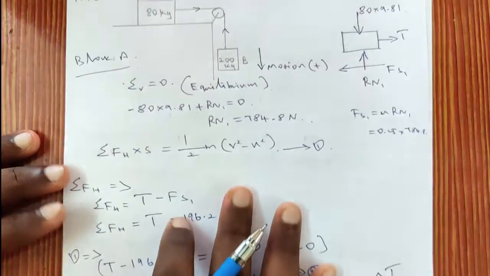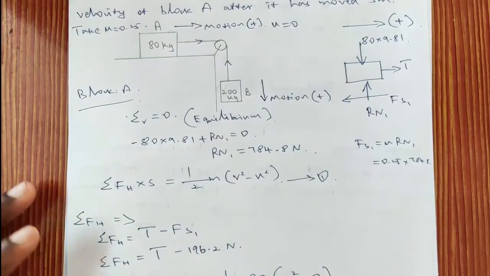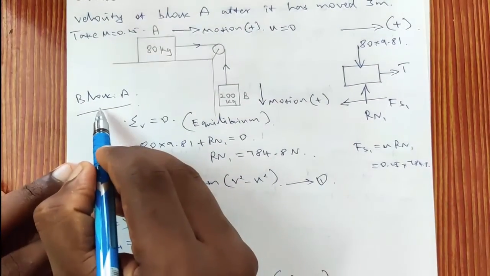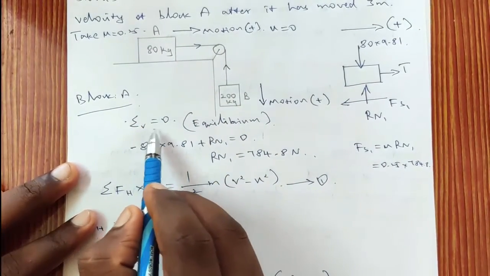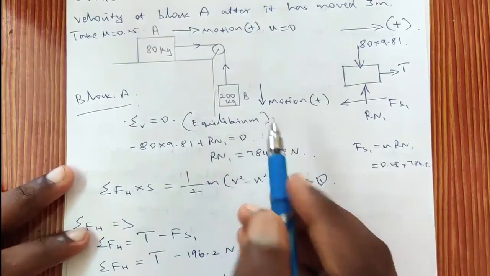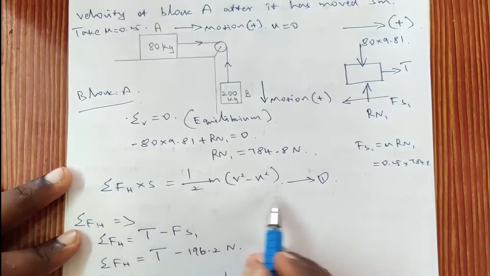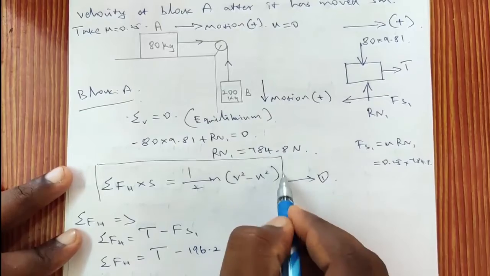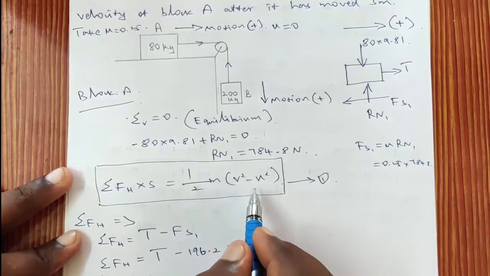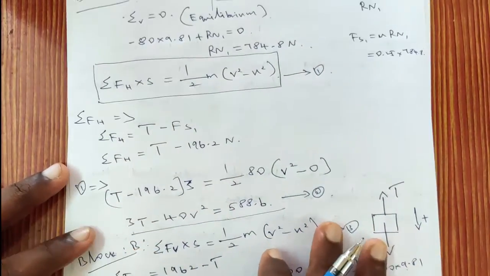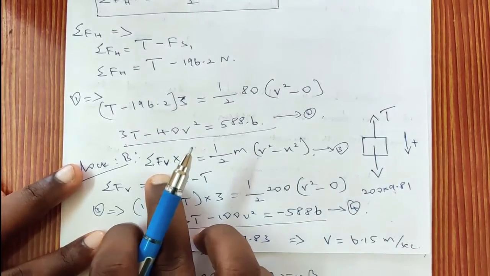The important point about this problem is, if the body is moving, then the body is not under equilibrium state. When we consider the block A, it is not moving in the vertical direction. That is why sigma V is equal to 0, that is the equilibrium state. But the body is moving in the horizontal direction, so sigma H is not equal to 0. We have to use the work energy equation, that is sigma Fh into S is equal to half m (v square minus u square). Similarly, the body B is moving in the vertical direction, so we should not write sigma F vertical is equal to 0. We have to use the